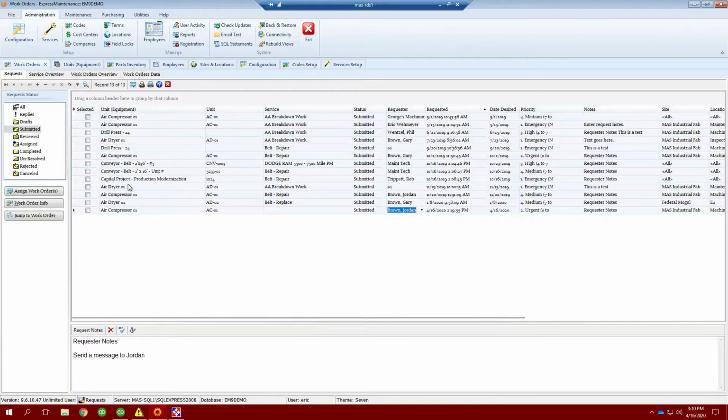But when those requests come in, you are going to get a notification down here. And Express Maintenance does have an automated programming interface that you can purchase, and it allows you to auto-convert certain requests based on certain equipment and criteria into work orders, and it'll even schedule the downtime clock for you. We can have it send you an email. There's all kinds of things that we can do with that. Give us a call or email us at support@expressmaintenance.com if you have any questions about those. But when they come in, you can